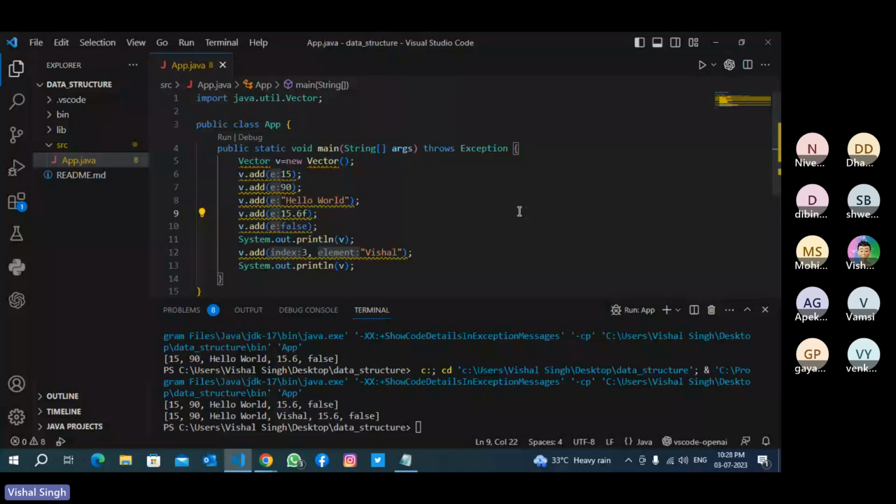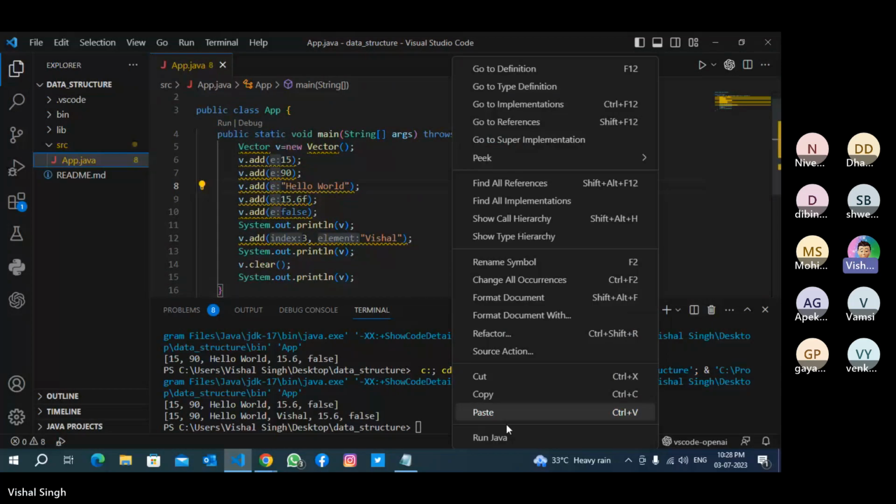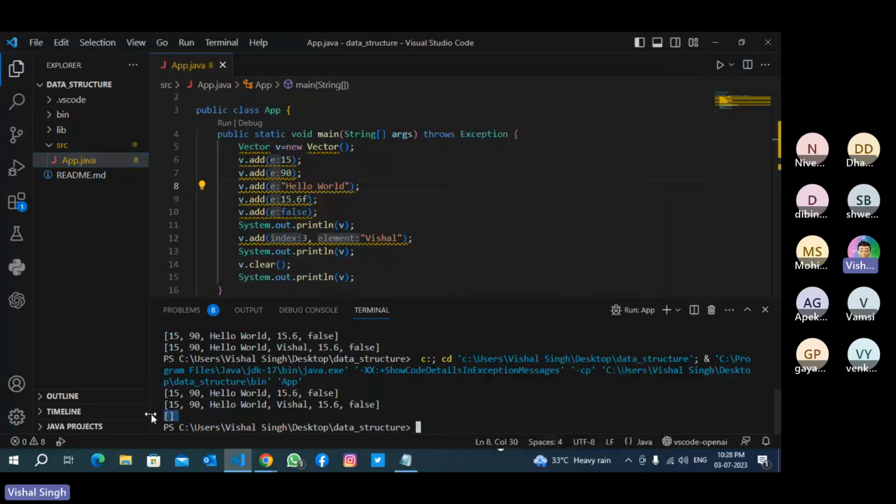See, v.clear. Okay. Now print v, it will print nothing. Empty list. See, this square bracket means list. In Python also we call it a list. So a list of elements. Right now it does not have any element, that is why it is showing an empty list.